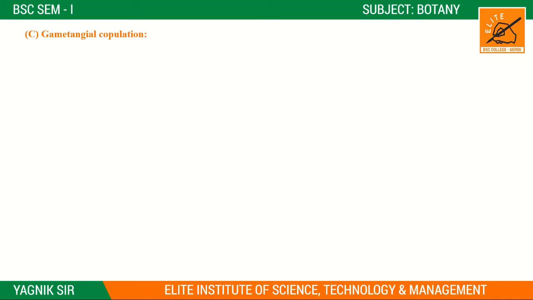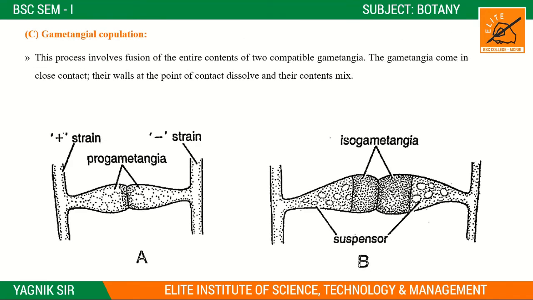Third one is gametangial copulation, right? So this process involves the fusion of compatible gametangia. આની અંદર પણ gametangia છે, શું થાય છે? ફ્યુઝ થાય છે. But here the gametangia come in close contact. They bar the wall. જે ગેમેટેન્જિયાની વોલ હોય છે એ વોલ જ ડાયરેક્ટ શું થઈ જાય છે? એટેચ થઈ જાય છે. And the walls at the point of contact dissolve, and